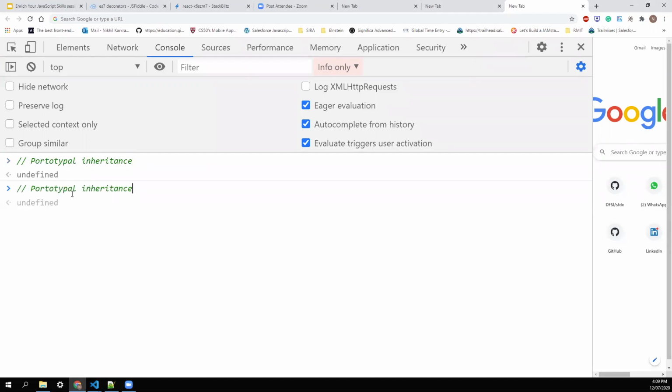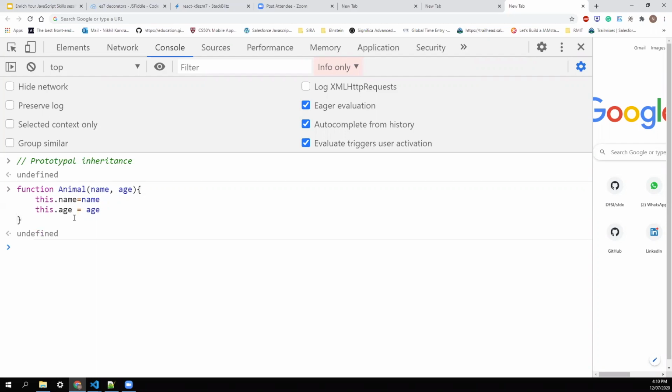Spelling is wrong here. Proto. So we have prototypal inheritance, and I'll create a constructor function called Animal, and Animal will receive name and age, and it creates the instance using it.